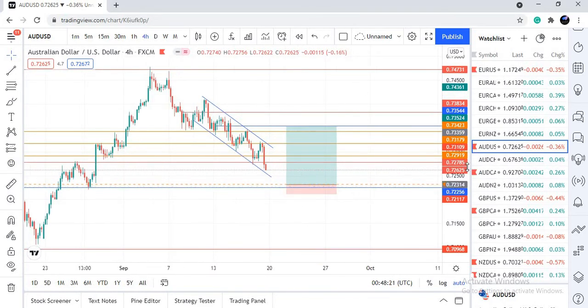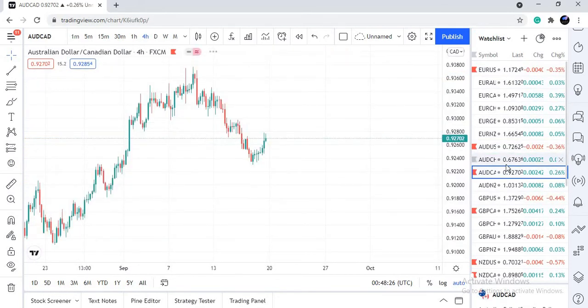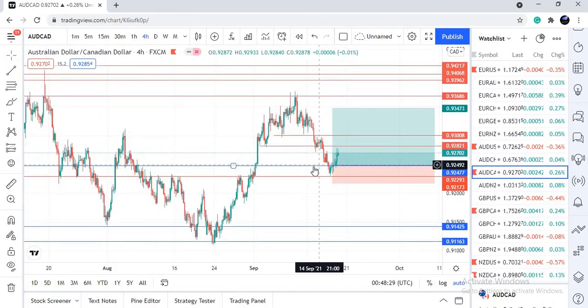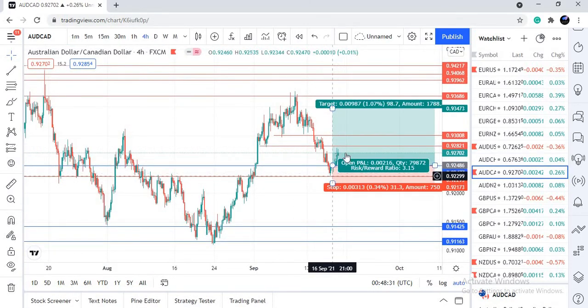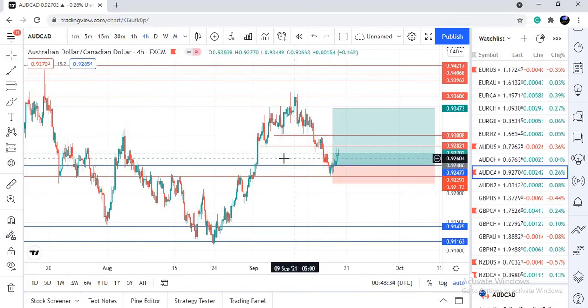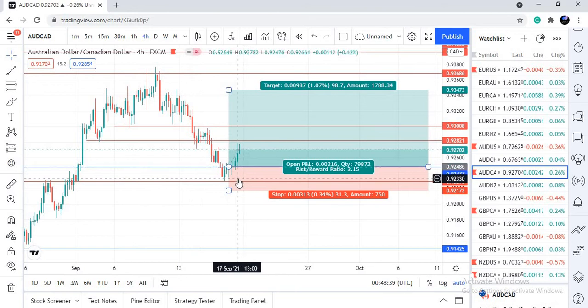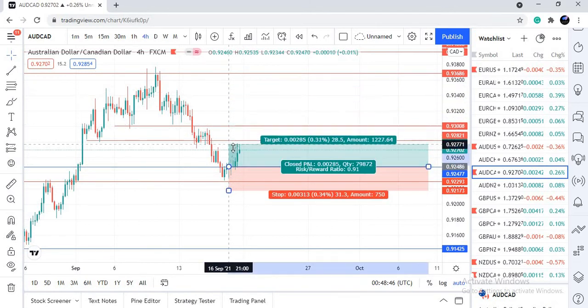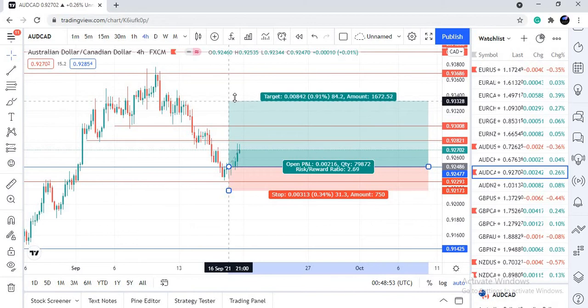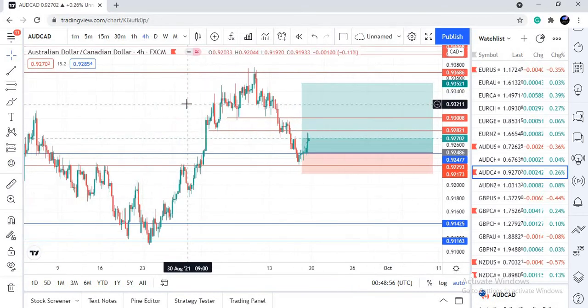So the next pair that we will be looking at is the AUD to the Canadian dollar. For this pair, we predicted that it was going to buy, but we didn't watch this AUD card and we missed the buy opportunity for this pair. We were supposed to enter at this level. As you can see, it is up about 20 pips from that level. It has moved about 28 pips from that level, and it's most likely still going to head for about 100